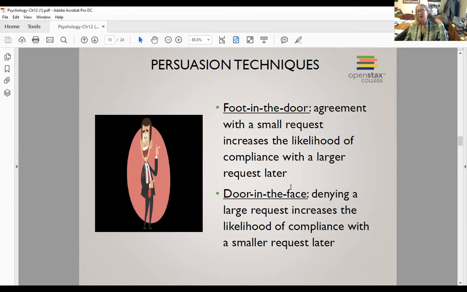Another two-step strategy is door in the face. This is almost the exact opposite of foot in the door. With door in the face, you ask a huge request, one that people are going to say no to. After they say no, then you ask them for what you really want, the target request. Cialdini, one of the researchers who named the door in the face phenomenon,